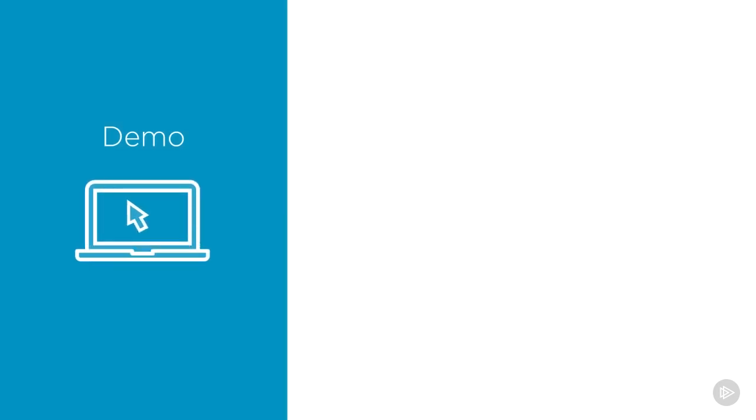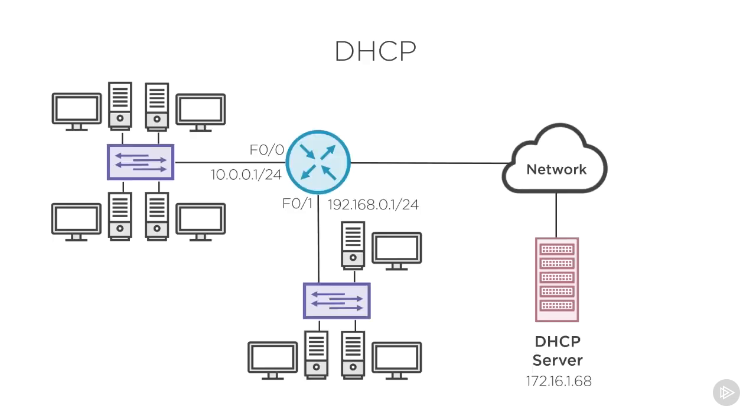Here's what I'd like to do for the demonstration. We're going to set up a DHCP server and use the helper addresses to get our traffic to that server. The network that we're going to use is very similar to this here. I have F0/0 configured on network 10.0.0.0/24. F0/1 is on 192.168.0.0/24. And then over someplace else on the network, I have a DHCP server at